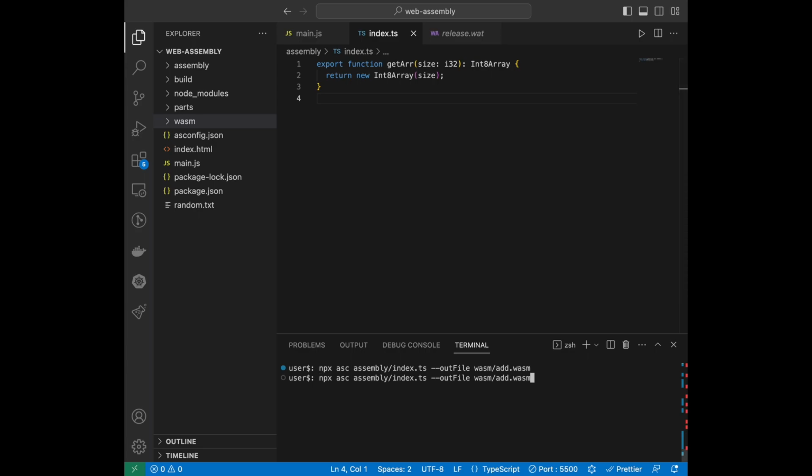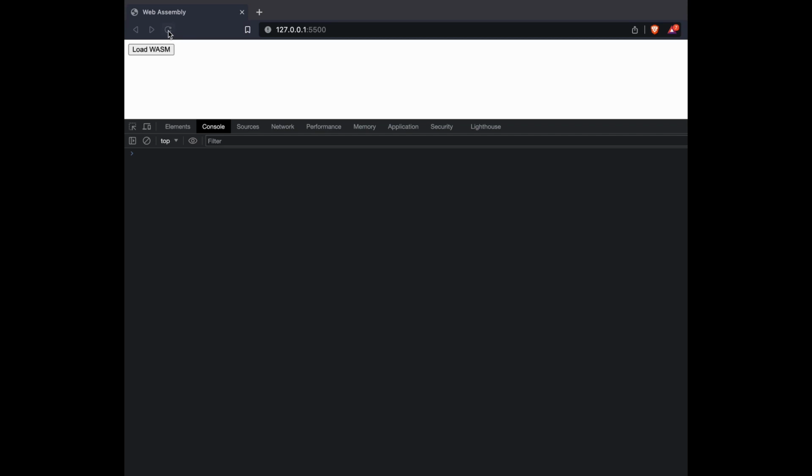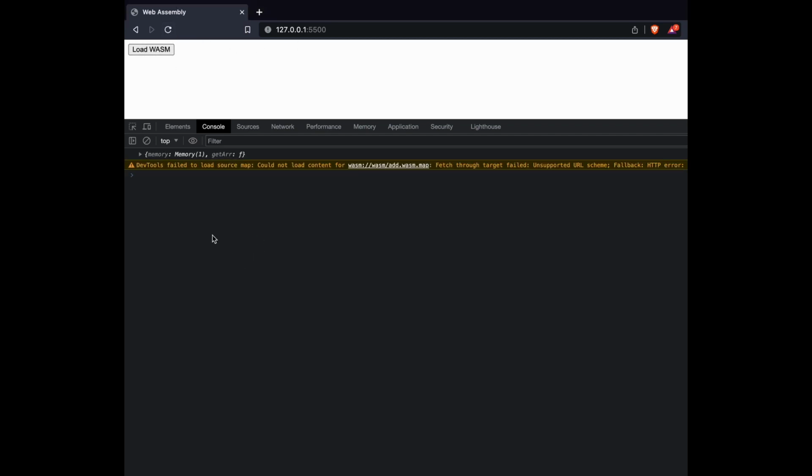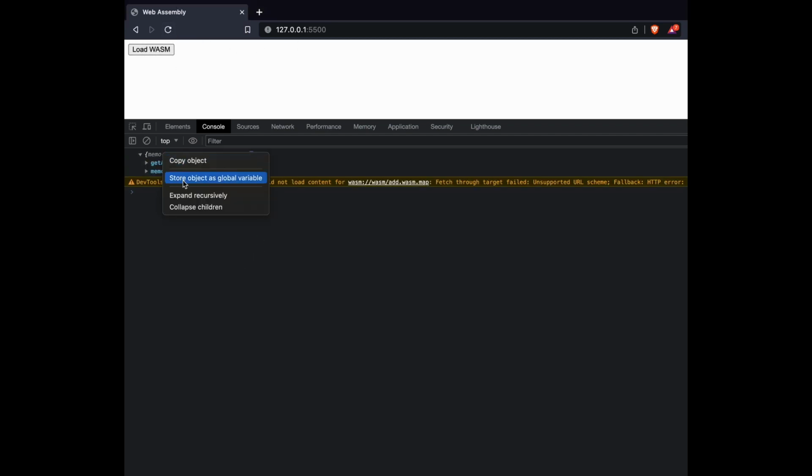To put a cap on the maximum memory that can be used by our WASM file, AssemblyScript provides us a flag called maximum memory. I'll provide it a value of 1. So whenever we increase the size of the array that we are generating using the getArray method, it'll throw an error if it goes out of bounds of the memory. So I created this WASM file, let's load it. I got the memory again, and this time I'll increase it to 50,000 straight away,